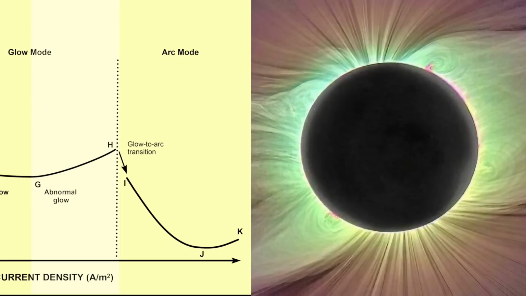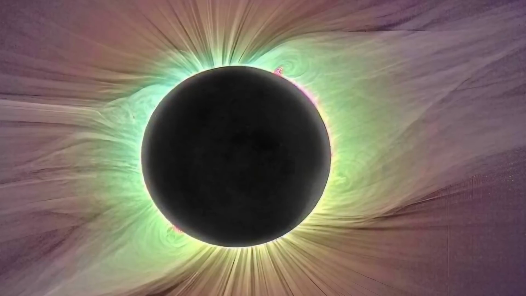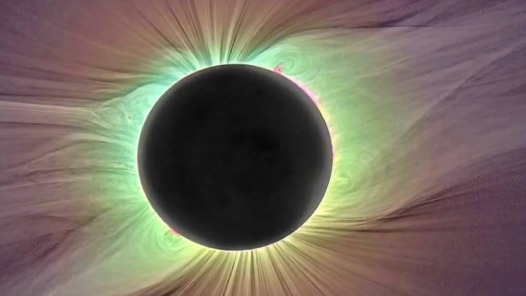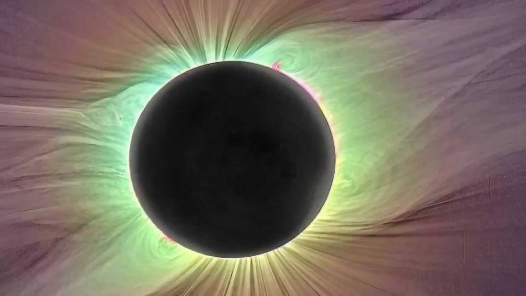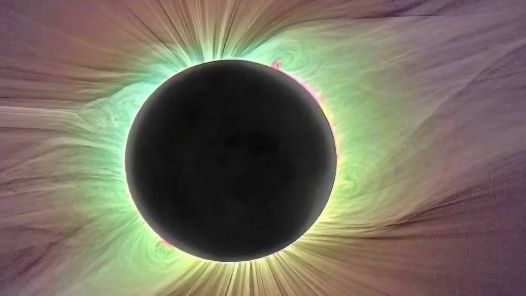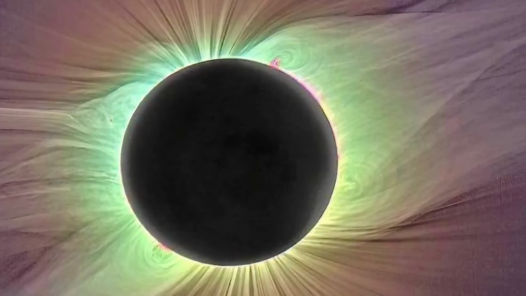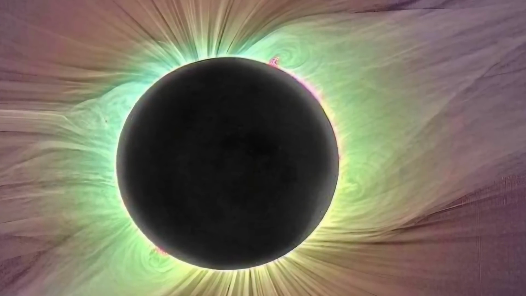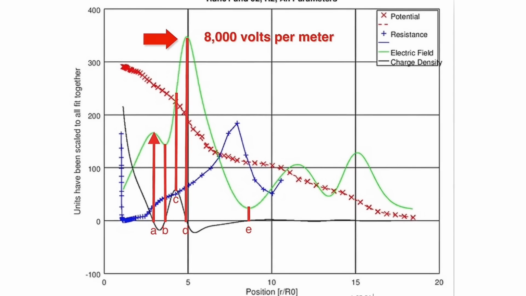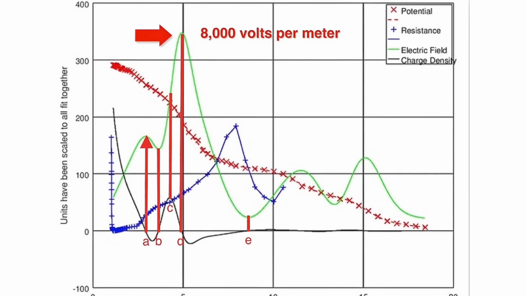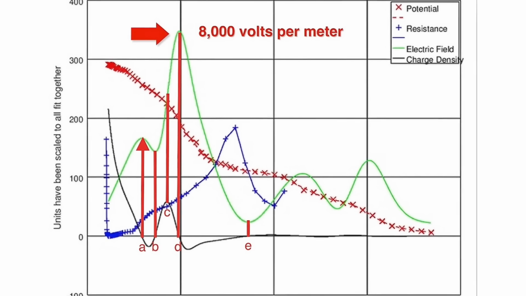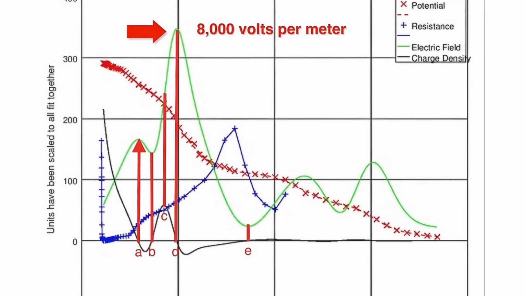So now that we are in the lower corona, points H to G, the lower corona is a smooth, non-filamented plasma. Notice no more filaments. In the image, the relative smoothness of the continuous plasma just above the bottom of the corona, you should notice that. It's important. This is consistent with the positive slope of the electric field plot over this range of radius values, saying no filaments here.